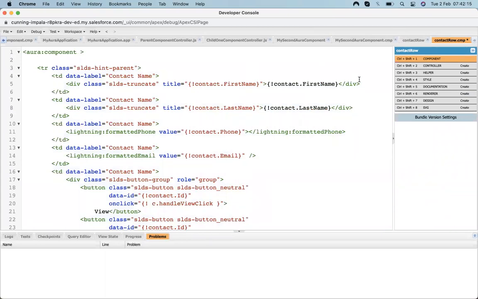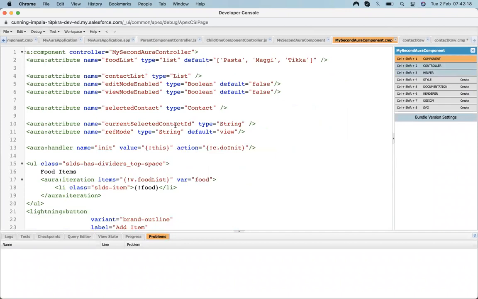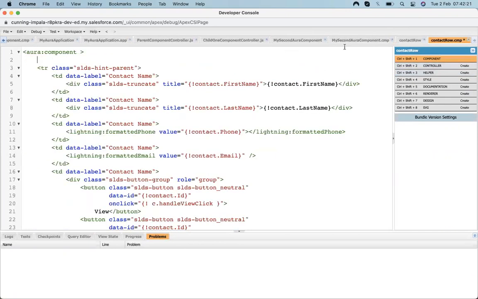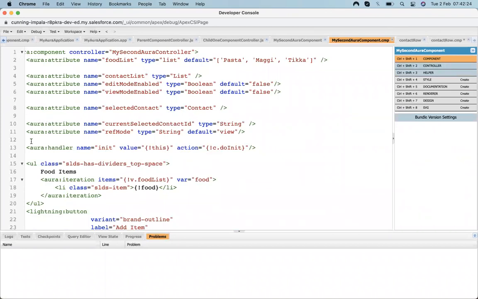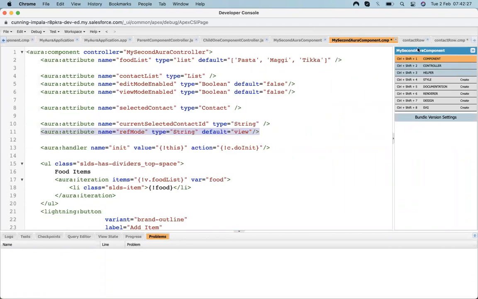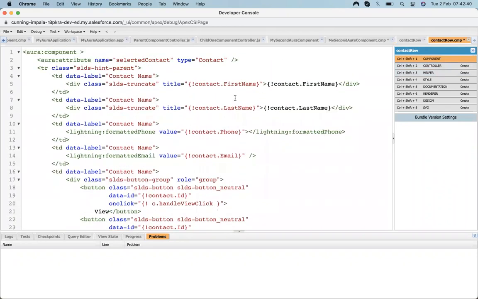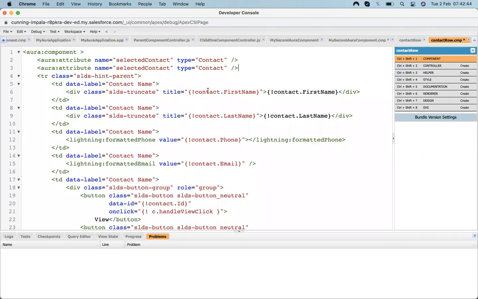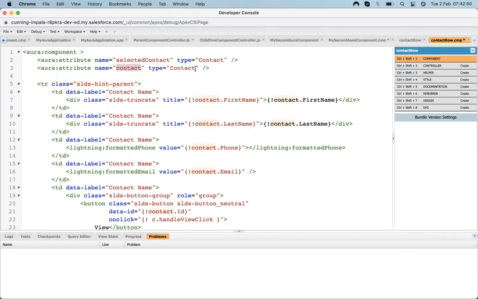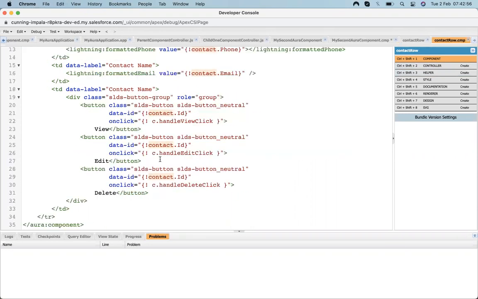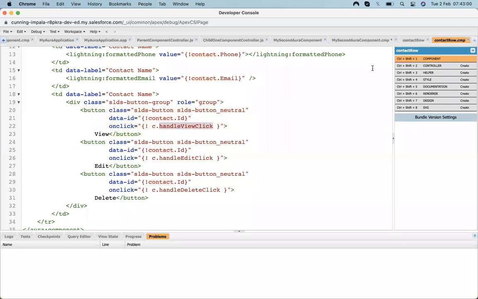It needs an attribute called contact. And it has a few methods: handle view, plug.